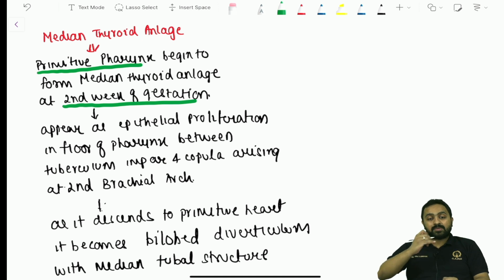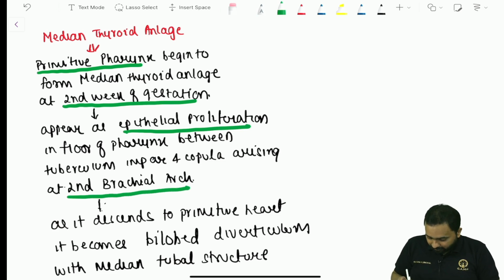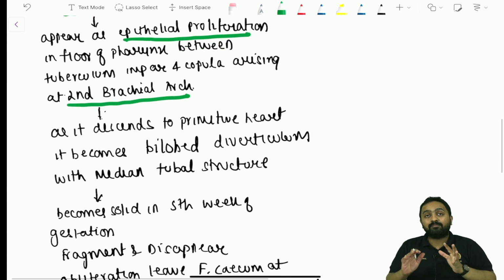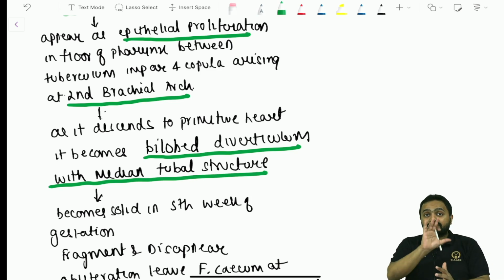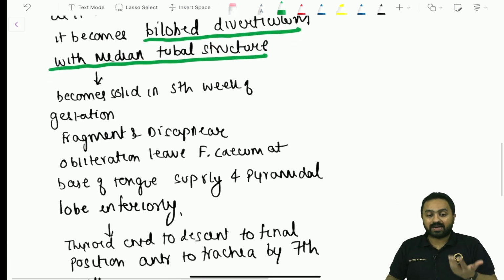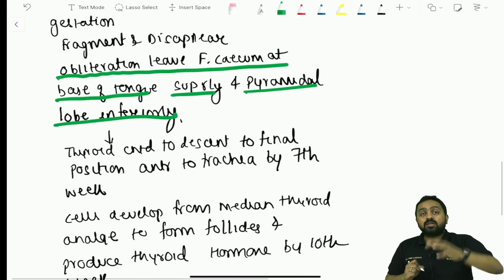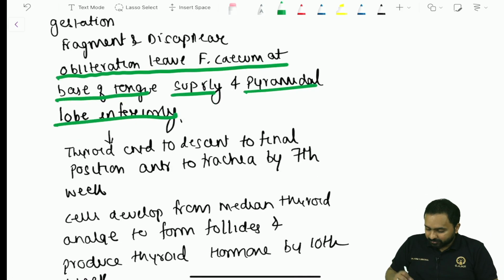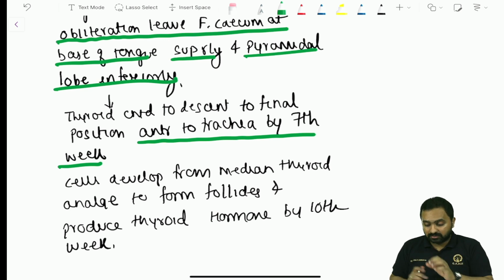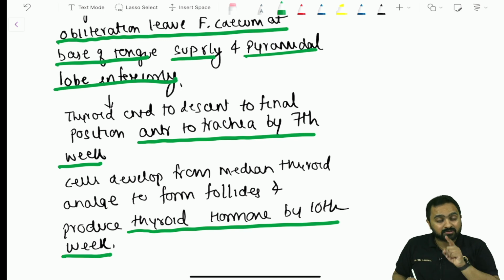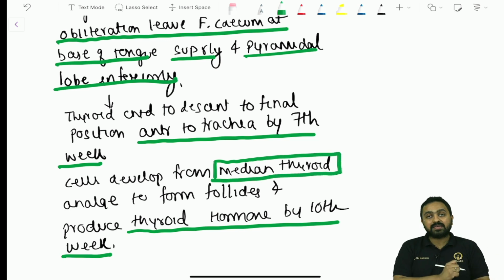Now they appear as your epithelial proliferation in the floor of pharynx between the tuberculum impar and copula arising at the second branchial arch. Now, as they descend down to the primitive heart, it becomes the bilobed diverticulum with a median tubal structure. Now, they become a solid structure by the fifth week of gestation, after which it usually fragments and disappears, and the obliteration leaves foramen cecum at the base of the tongue superiorly and pyramidal lobe inferiorly. Now, thyroid continues to descend to the final position anterior to the trachea, which is by 7th week, and the cells develop from this median thyroid anlage to form the follicles and which produce the thyroid hormone by 10th week. So, the important point that you need to remember over here is that the thyroid hormone is from your median thyroid